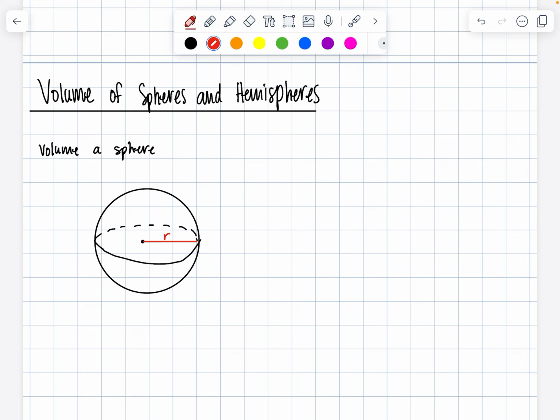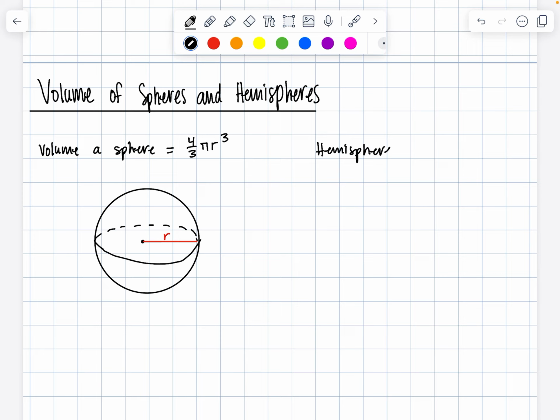That's ironically enough the only thing we really need to solve for a volume of a sphere. The volume of a sphere can be calculated using this equation: 4/3 pi r, and I'm probably going to think squared here, but since we're working with volume and we're in 3 dimensions, it's pi r cubed. Okay. Now, a hemisphere